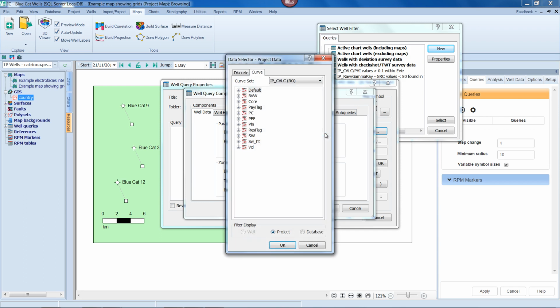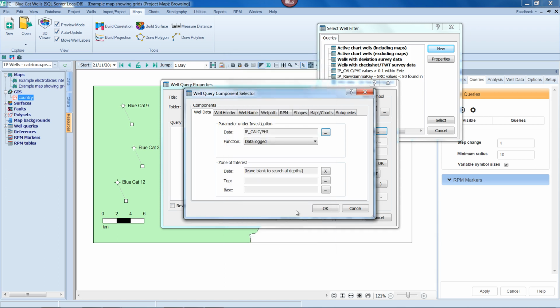One of the things that we want to investigate is which of these wells on my map have my calculated porosity data, for example. So I check which curve group I want to use, and we'll stick with calculations, that makes sense. And my phi curve, find that, and I can then decide, do I want to have it just be if it has that data, or the inverse of that? Do I want it to be the porosity with regard to a specific value? So any wells that have phi values greater than